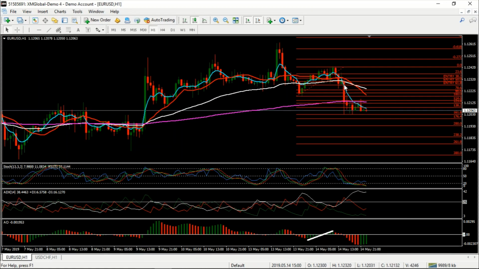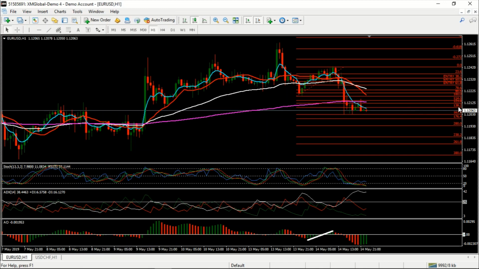So as you see, we can look for selling opportunities over here. The stochastics red and green has crossed over. RSI is below the 50, right? And we've got a confirmation of a strong bearish trend because the red of the ADX is above the green and the white ADX line is above the 25. And as you can see, we actually broke below the 200 moving average as well,